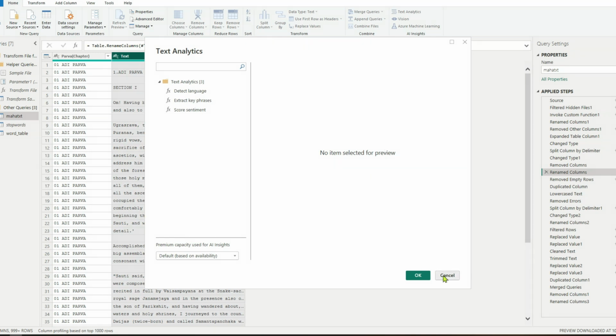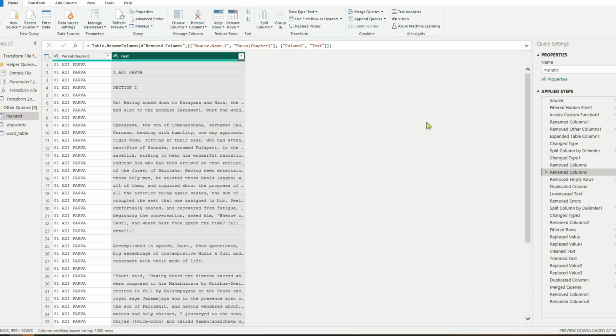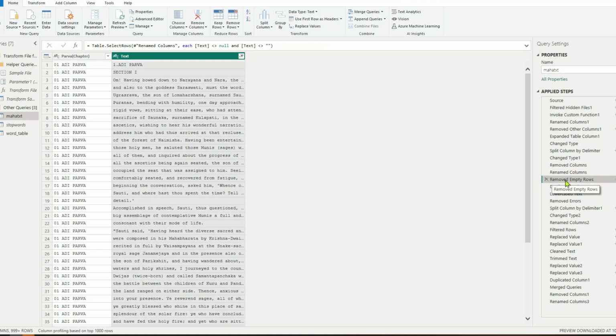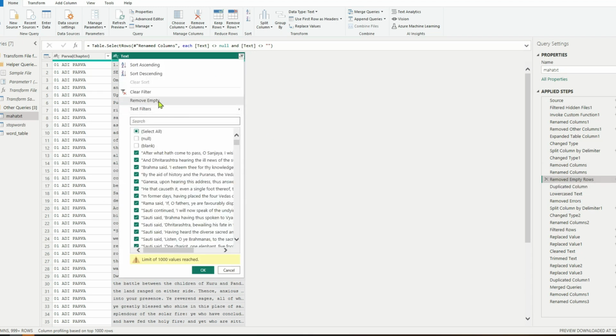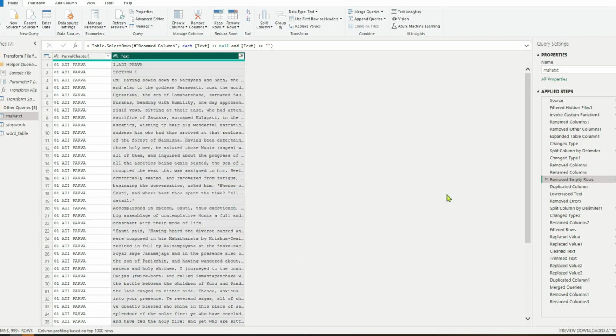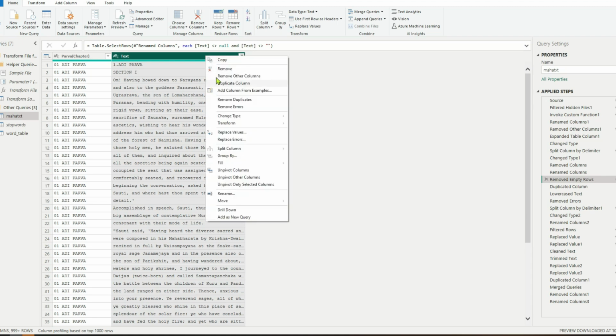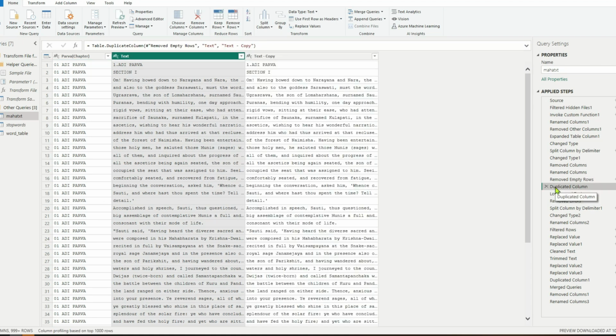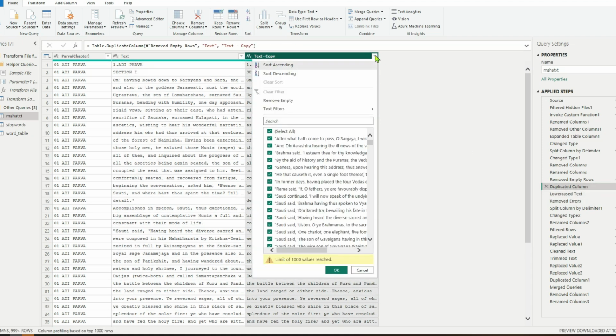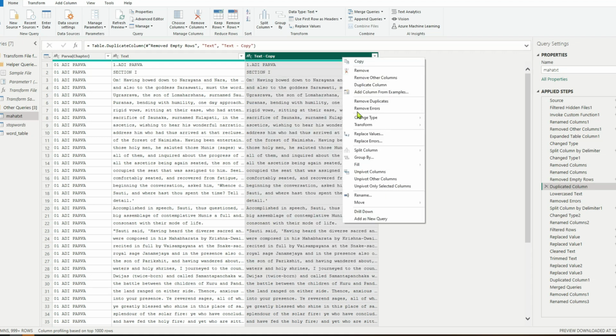And the first step is that we want to remove all the empty rows. So all you have to do is go to the column, select it, and click on remove empty. And next, I've duplicated this column as shown here on the screen. Once you duplicate the column, you can lowercase the text. We are trying to do all these transformations, right? We want to clean the data in the text. Ultimately, we want to